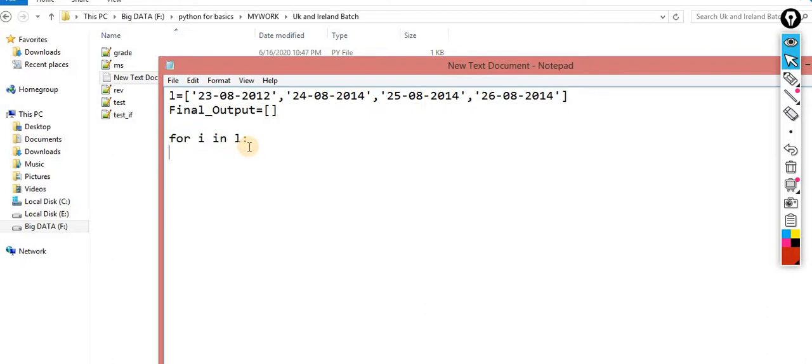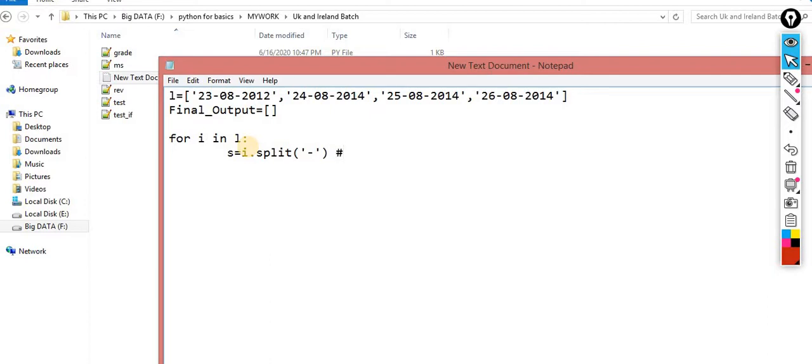So for the same, first I am taking a temporary variable, or you can take this s variable, which will take the split data: i dot split. This time the split is on the basis of the hyphen. Now when this is executed, I am writing the output for the same.